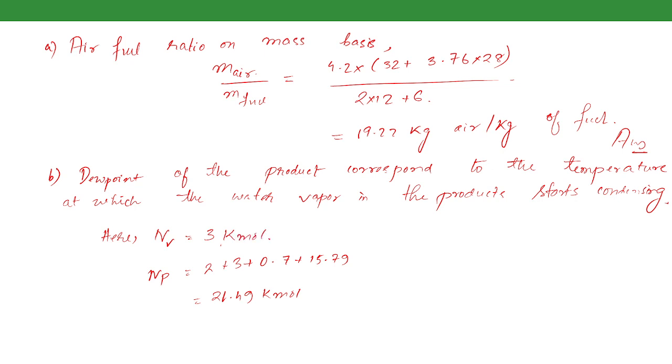Now, therefore, PV by P total is NV by NP, considering both the water vapor and the other gases to be ideal gases. This implies PV is equal to 3 by 21.49 into 100 kPa. So it comes out to be 13.96 kPa,